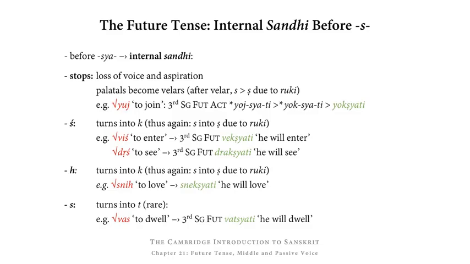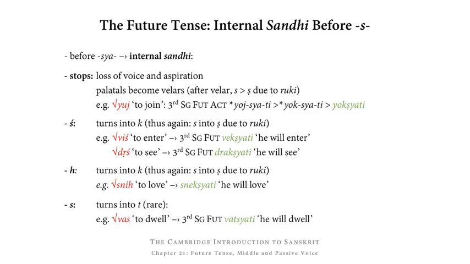Of drish, to see, we actually do not get a guna form darsh, but rather it appears as drash, so the guna a appears behind the zero grade vowel r, so drash. Then in front of sya, this sh at the end of drash changes into k, giving us drak. After this drak, the s in sya changes into shya, and so we get drak, shyati.